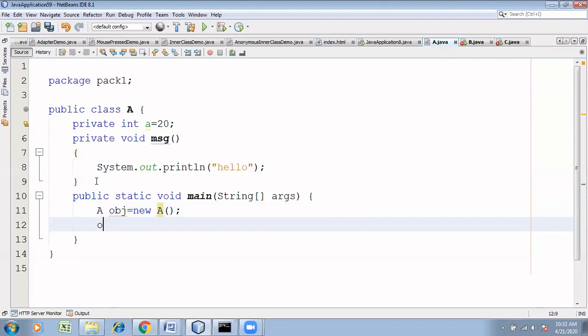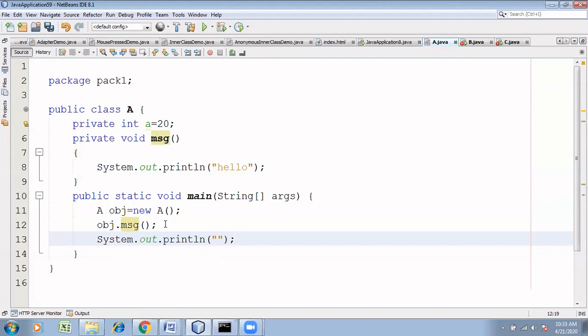Now this is within the same class. Within the same class, can I access message? Yes, you can do it. Similarly, I'm going to print the a value. Is it possible? Non-static variable. You should make it static, then only it will be available. Or using obj.a, with the object reference, you can access it.